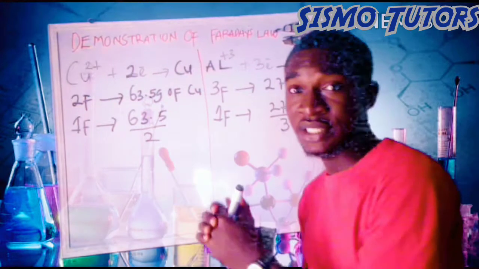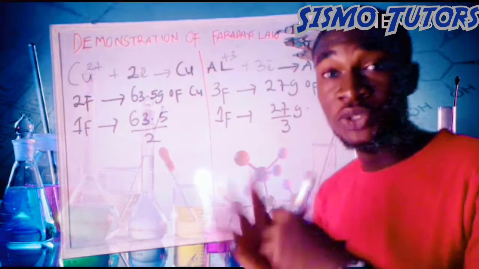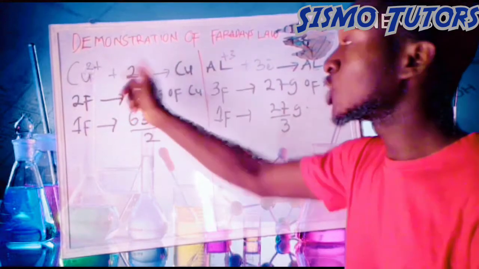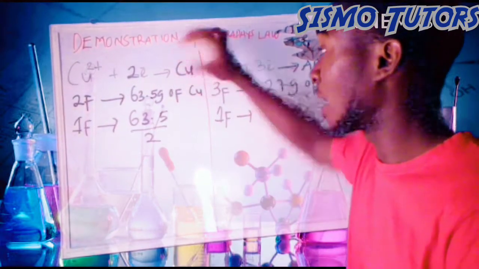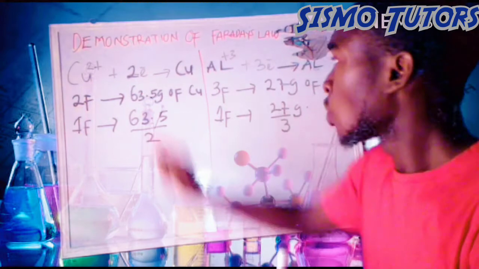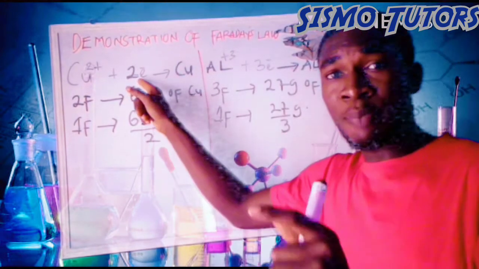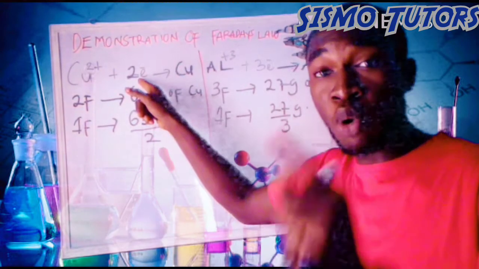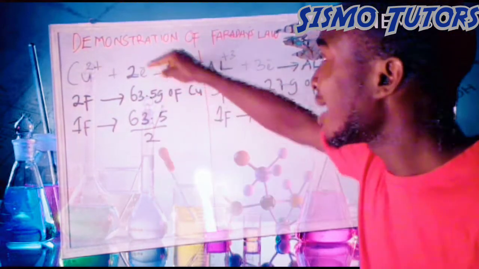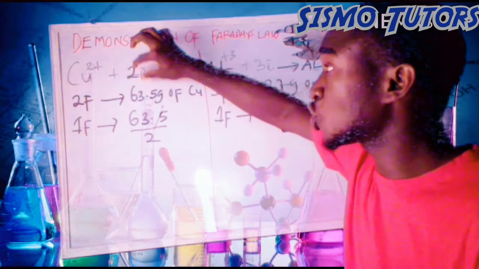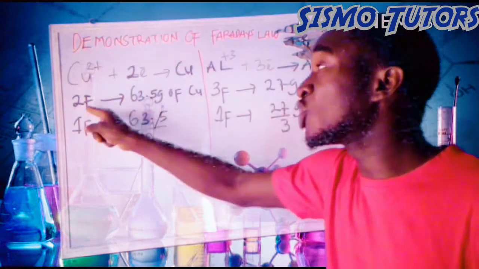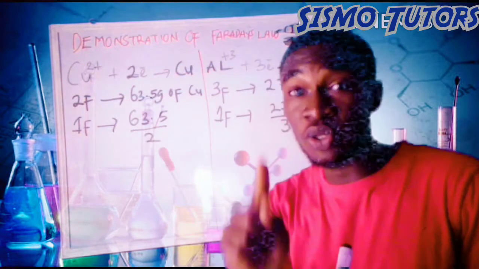So let's consider another demonstration of Faraday's law. Let's use the elements that we have. So this is the copper that gained 2 electrons to deposit the copper atom. Now, we have 2 electrons. Remember, we've actually calculated the amount of charge contained by 1 mole of electrons. Now, anytime you see the electron, as soon as you see the number of electrons in an ionic equation, the number of electrons gives you the number of Faraday that was passed into that solution.